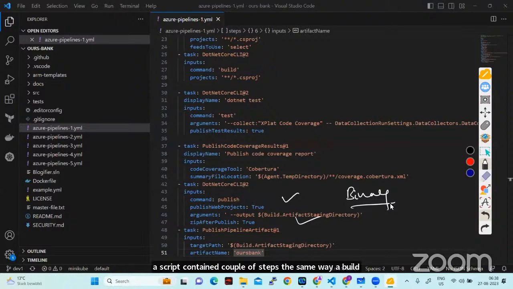So these are the steps that are actually available in the .NET project. But you might be surprised: how do I know that I have to use these tasks, right? It makes sense, right? That is the question that you need to ask. So how do I know that I have to use these tasks, and from where do I get it? Simply, you go here,